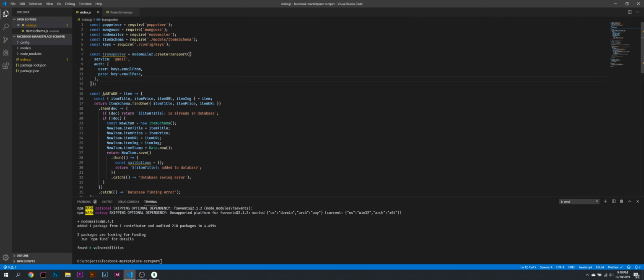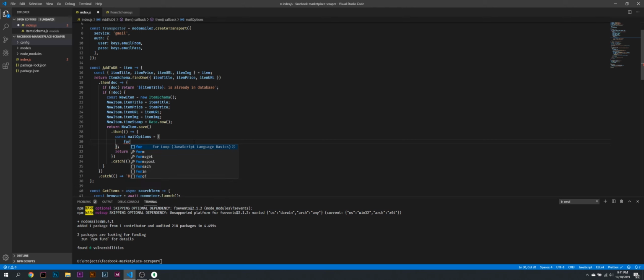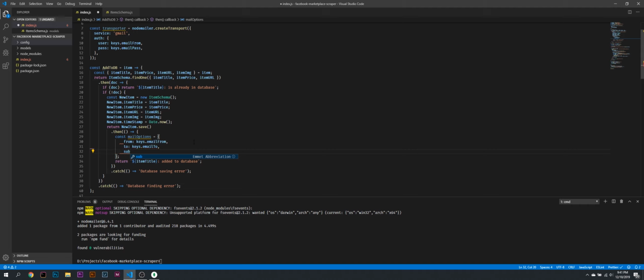So once we have that, that's our transporter set up. That's all good and dandy, and we're done with that. Now we're going to go back down to this mail options object, and we are going to do from, and the from will be keys.emailFrom, and then we will have to, which will be keys.emailTo. We will have a subject,